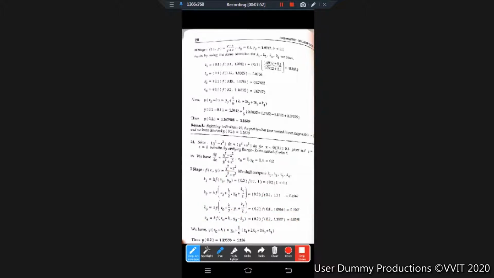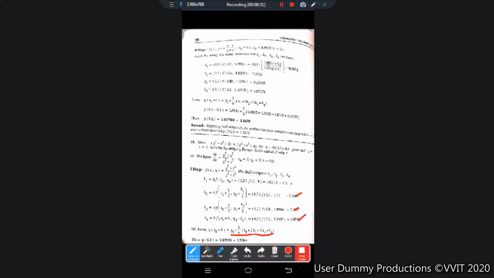Plugging in all the values of K1, K2, K3, K4 in this final formula, you get the answer. What is the answer? See, they have also done for so many decimal places. I suggest all of you, as you know, to do more decimal places even from K2, K3 and K4, and then finally round it to the fourth decimal place and put it in the final formula. You will get 1.196. So as usual, this is the first stage, what you do in other problems also.